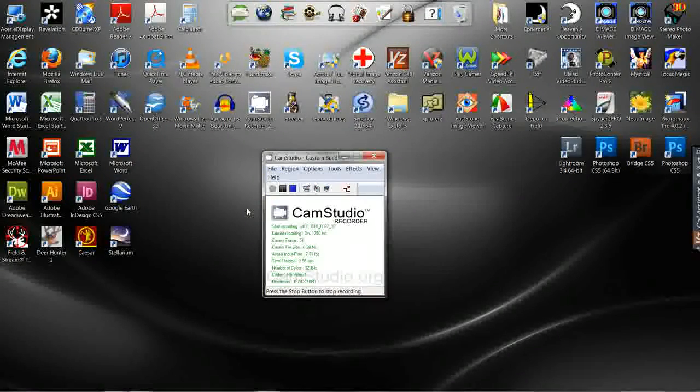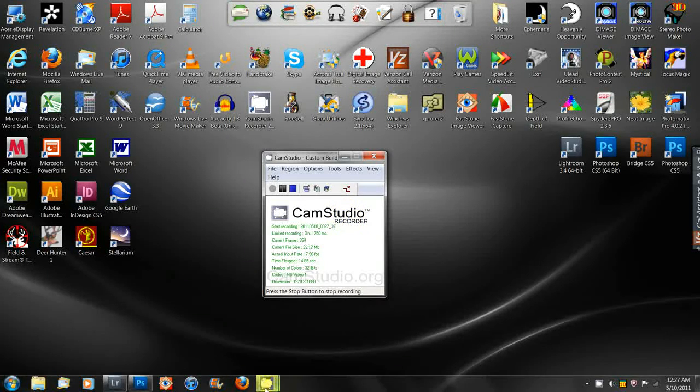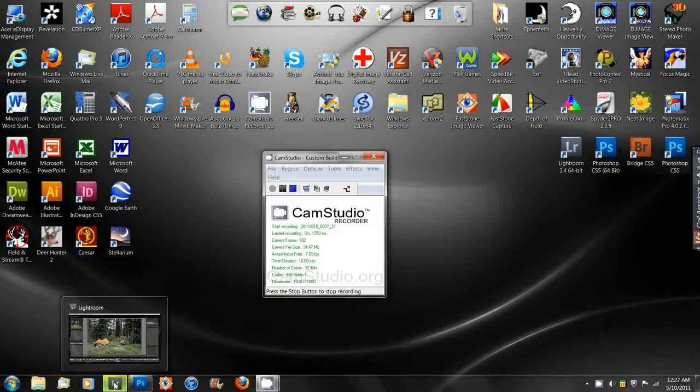Okay, I'm going to try to do this again. So I've turned on the recording software here. This is a cute little program called Cam Studio Recorder. Unfortunately, it's a beta version, so it does have some bugs in it. Alright, what I'm going to do here is go into Lightroom,